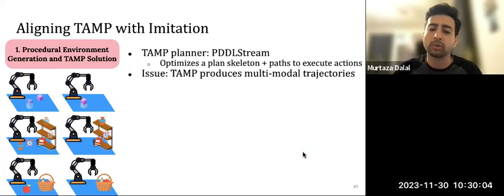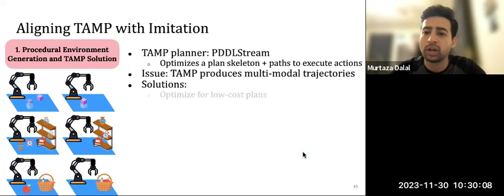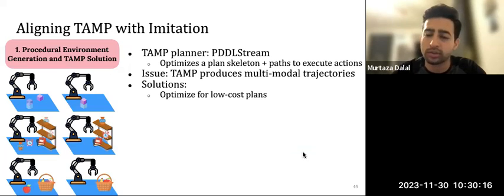So specifically, what we're going to do is reduce the multimodality by optimizing for low-cost plans rather than simply feasible plans. The TAMP system just cares about achieving the goal, but now we'll also modify it so that it gets ideally the optimal path to the goal as well. And this is simply a change to the objective function for the motion planner to lower the trajectory length.